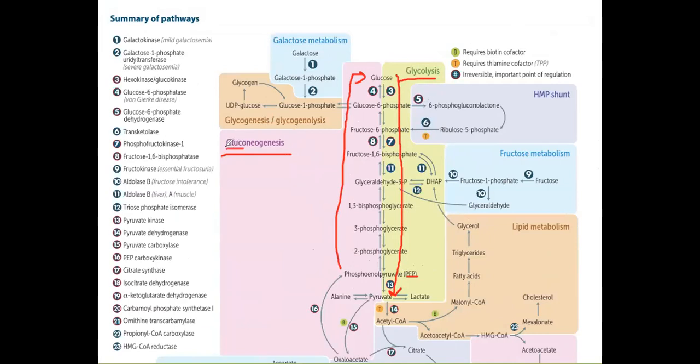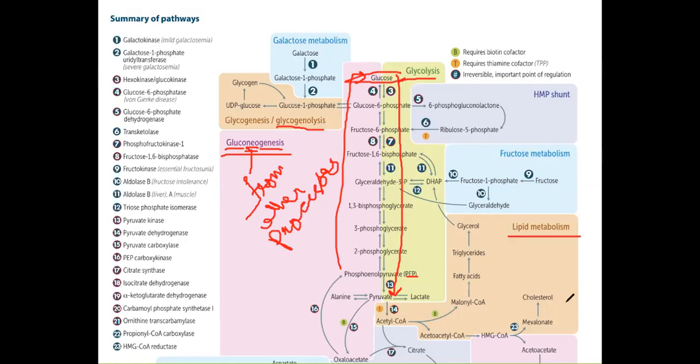Gluco is like glucose, genesis is formation, and neo, N-E-O, means from other processes, like from proteins, from fats. So it is not necessary to produce glucose from glycogen. When we produce it from glycogen, we call it glycogenolysis. But when we form this glucose from